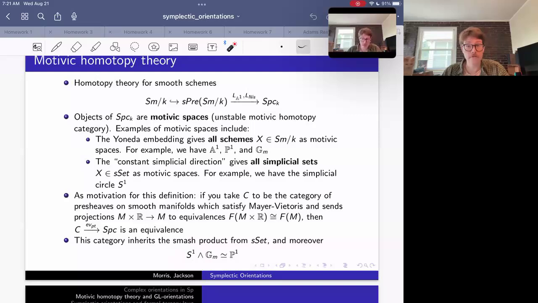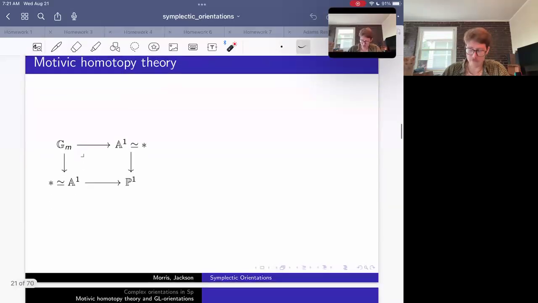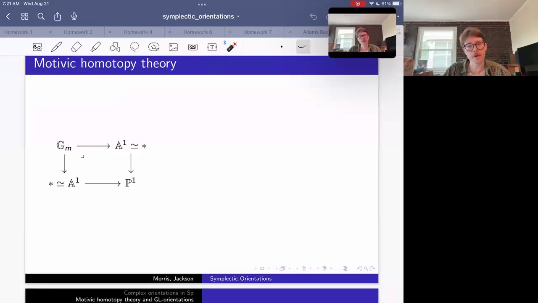We can see this in the following way. We have the usual push-out square. We have the double cover of P1 by A1 pointed at 0 and by A1 pointed at infinity. And the intersection of these things is a punctured A1. This is a pullback square by construction. But in this homotopy category, A1 is contractible. So the corners, the top right and the bottom left corner of this diagram just go down to a point. And this P1 ends up being just a simplicial suspension of Gm, which is exactly what I'd written on the